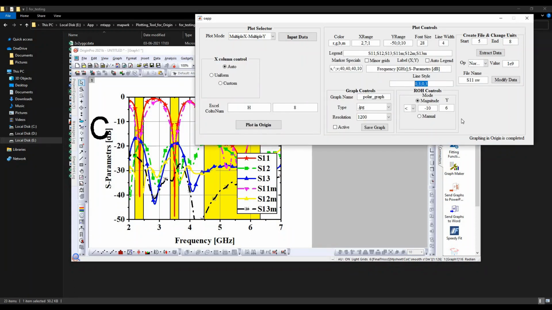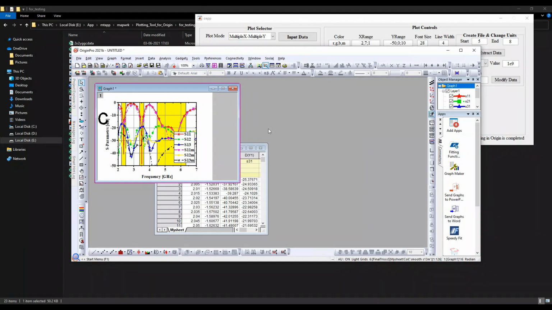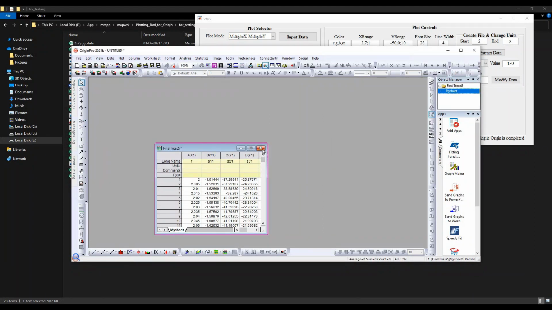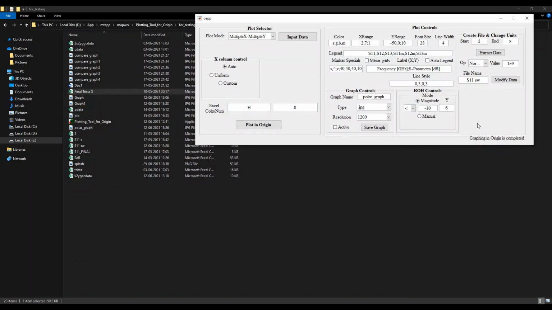You can specify the values or line style. If you didn't specify enough arguments, the application will assume the automatic values that are provided in the algorithm. So it will fill out those values accordingly if you didn't provide sufficient arguments in the edit field box. And this is how you can use this application to plot the graphs. Mainly the microwave engineers would require to plot their data in these regular Cartesian polar plots, so the application will do most of the tasks for you.